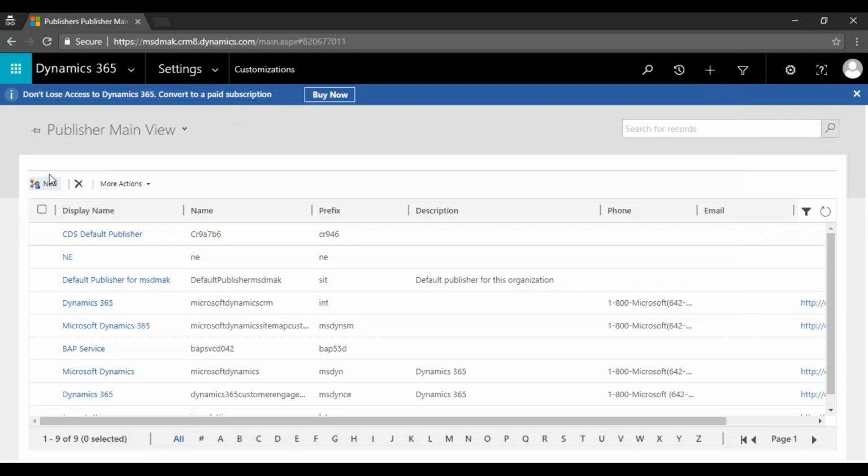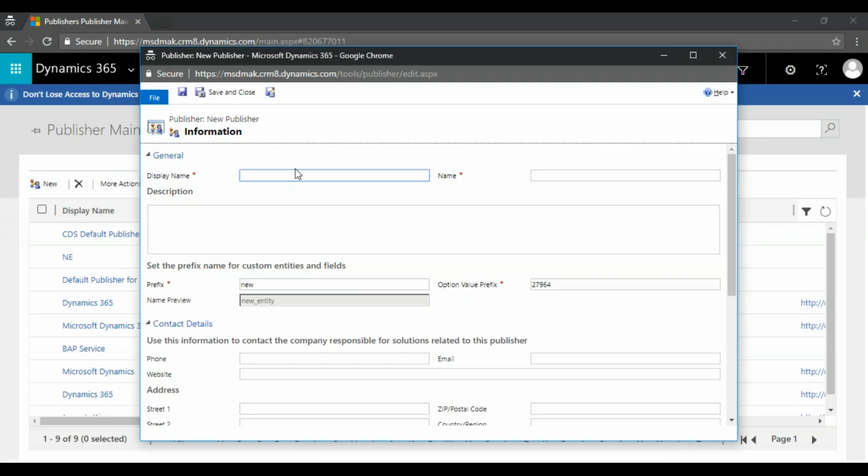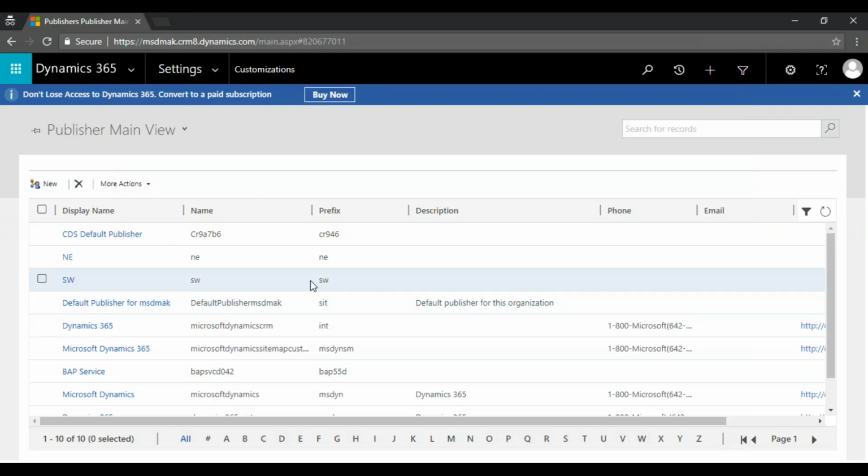You have another vendor from the Southwest, and they will give the prefix Southwest. Why do we require this? Tomorrow, if you want to know what customizations and development were done by the Northeast vendor, or by the Southwest vendor, it is easily traceable.